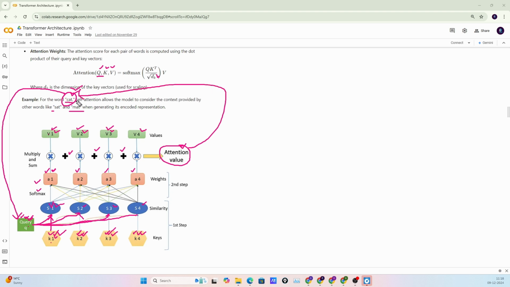And you can see here, while calculating the attention value for this word cat, we consider all the words in the sentence. The key vectors contain information related to other words. In the same way, the value vectors also add information related to other words. This is how attention works, and it understands the complex relationships between the words in a phrase or a sentence, and it captures long range dependencies. This is the magic behind the transformer. This is the core part of the transformer.